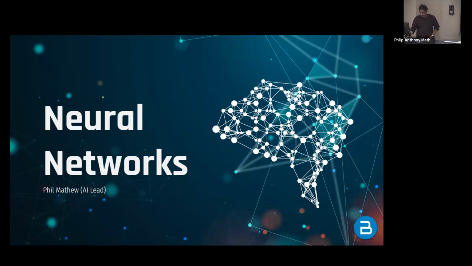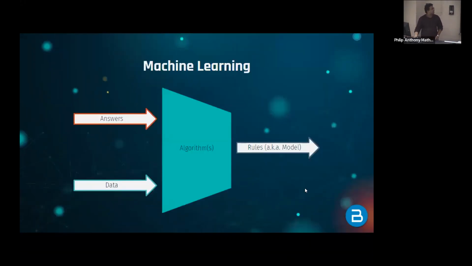So first things first, recall from last week that, unlike traditional programming, machine learning is where you put answers and data in and you try to get the rules out. Traditionally, you know the rules, you cook those up, and then you give in the data and you get some answers out of it. But what machine learning is trying to do is get these rules, also known as a model, for predicting what sort of answers we should give to these specific data points.